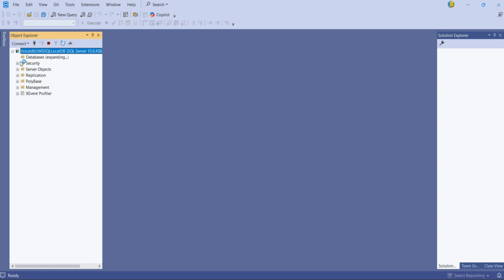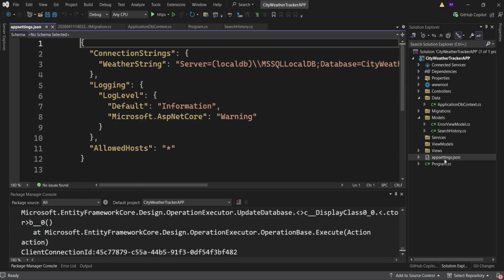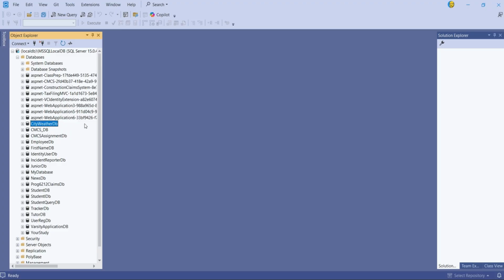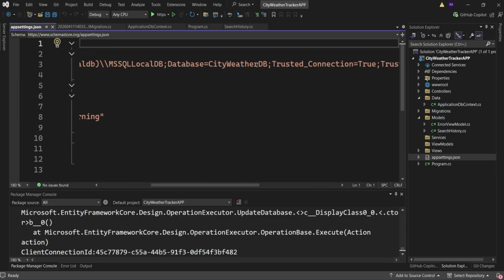Let me refresh. City weather, that is today. Okay, city weather, that's the one that I have. Let me just give it a name because I'm not sure it's coming. Let me just change the name. So I'll just say,